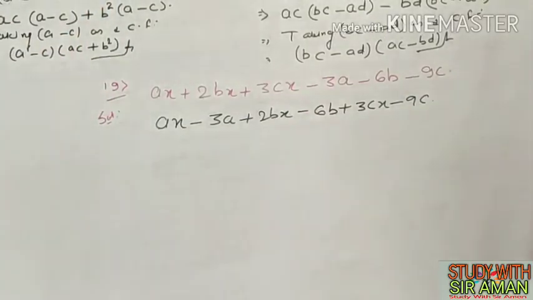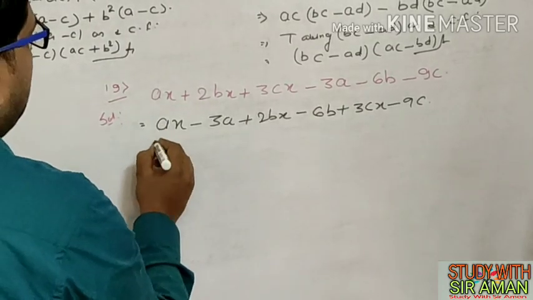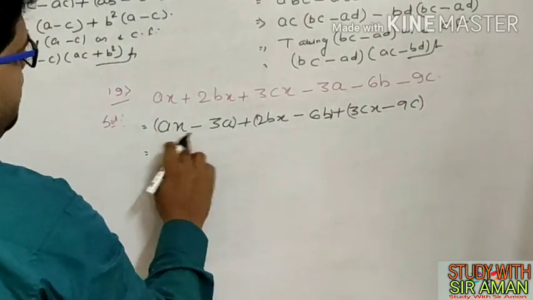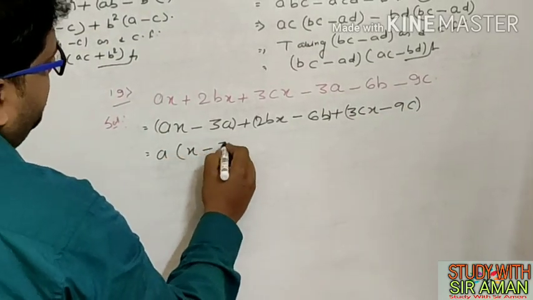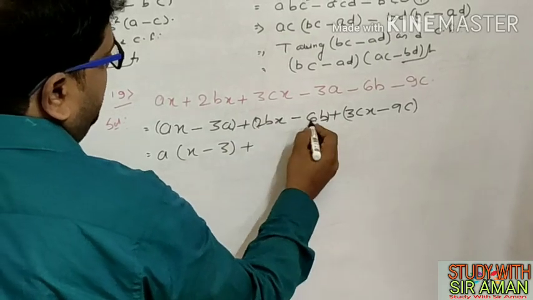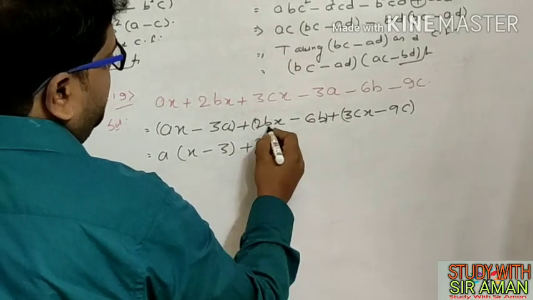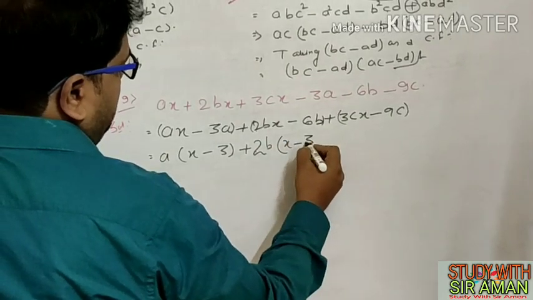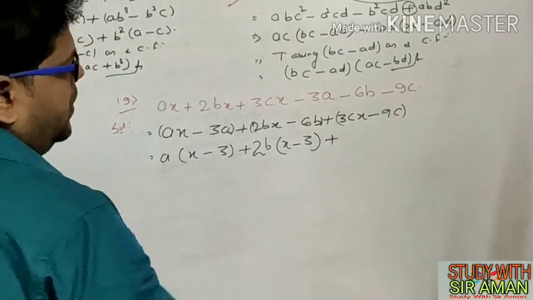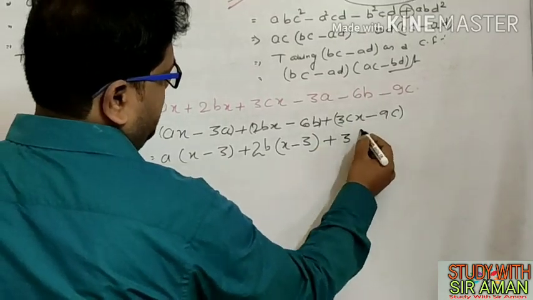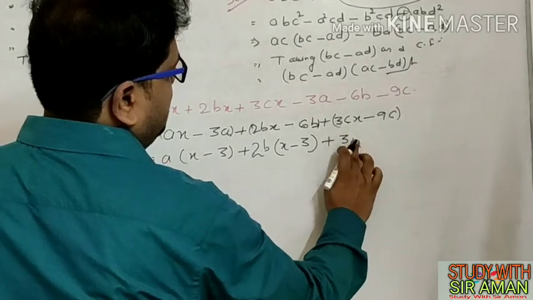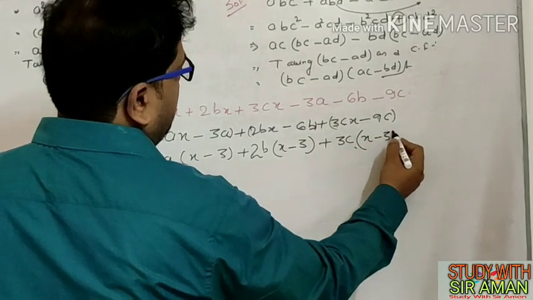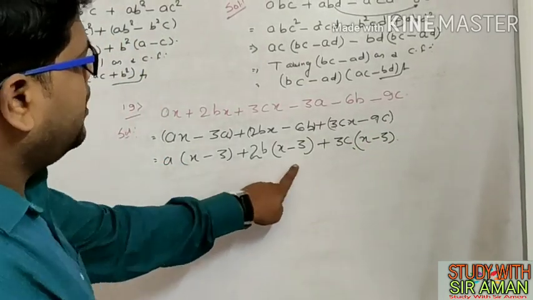We will try like this at first. Now what is the same here in these two terms? a. What is left here? x − 3. Here is 2, here is 6, so 2 is common. Here is b, here is b. b is common. What is left here? x − 2, 3 is 6. Plus. Here is 3, here is 9. 3 is common. Here is c, here is c. c is also common. What is left here? x. 3, 3 is 9. Check carefully at all three places what is common here.